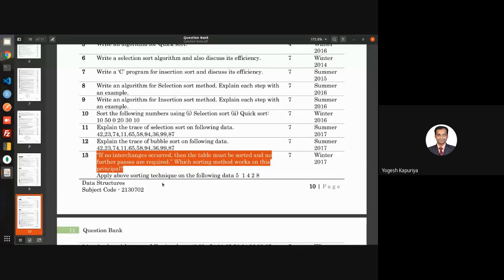No interchange occurred. Okay, let me give you a hint. It's either selection sort or bubble sort. Anyone?